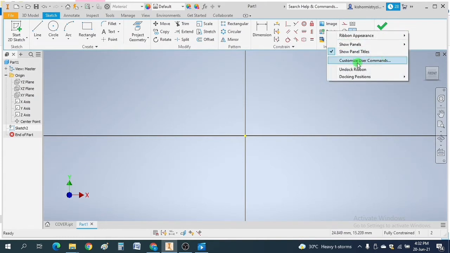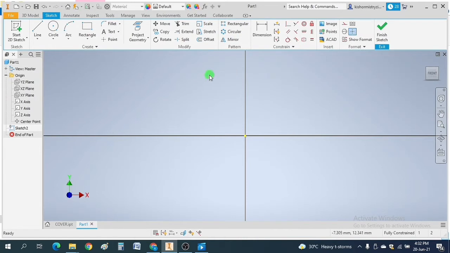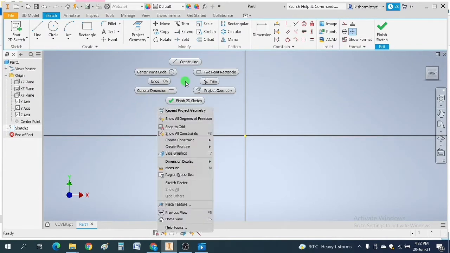Customize user commands. Whenever you have to draw something or modify or create anything, there are commands like line, circle, arc, etc. But if you right click on your screen, you can see a quick access toolbar appearing on your screen. From here also you can create lines, circles, general dimensions.